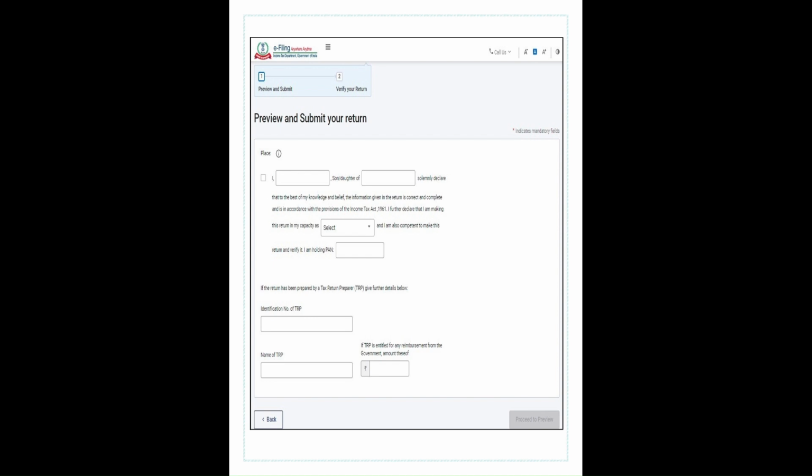And what you need to do is take a printout and sign the designated box and send it to the address which is given there. CPC address will be there. So to the Income Tax Bangalore CPC address you need to courier the document. Okay,